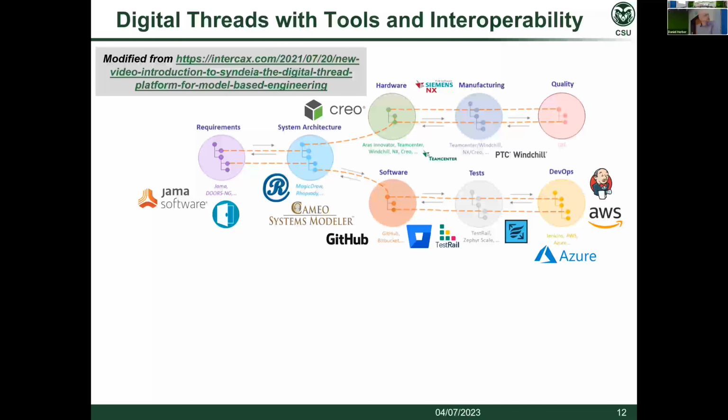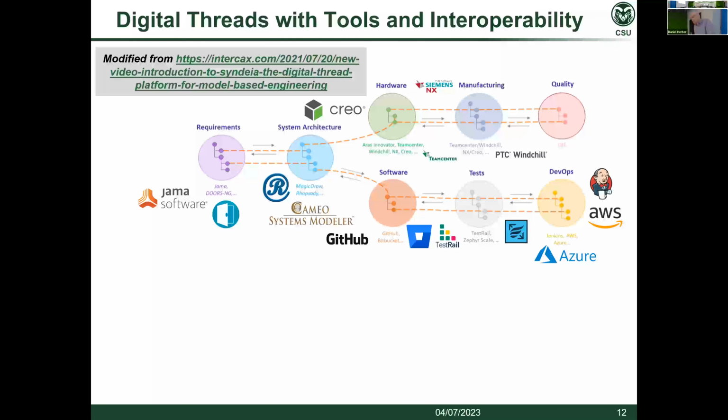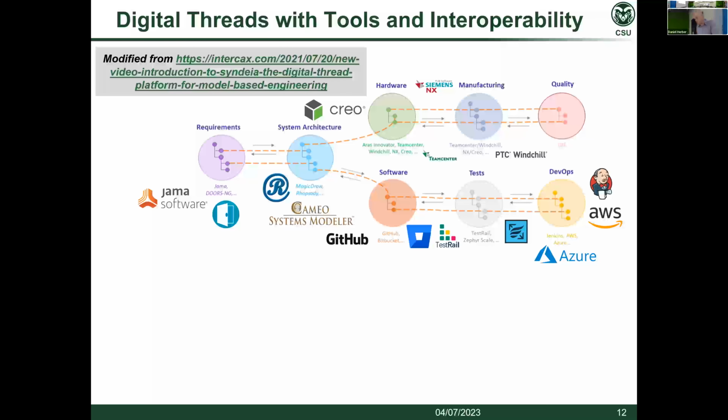But the digital thread concept, represented here by these arrows and orange lines, is that we want a formal way to link the tools and the data that's generated by those tools so that requirements can communicate and be reflective of system architecture and vice versa. Software and system architecture might be connected. Software and testing and DevOps and testing, all of those might be connected in some specific way through the specific tools and data that you want to use for those specific domains. So listing a bunch of tools here just to emphasize the digital thread concept is connecting different tools or connecting the data created from those tools so that information is updated from the digital thread.